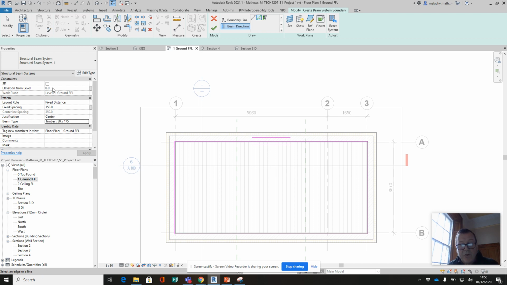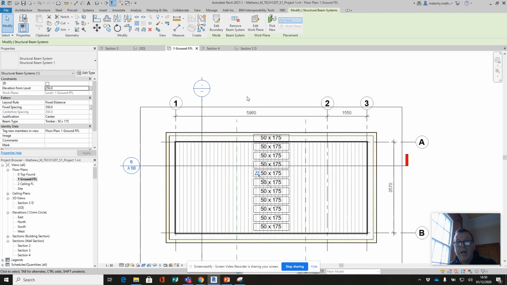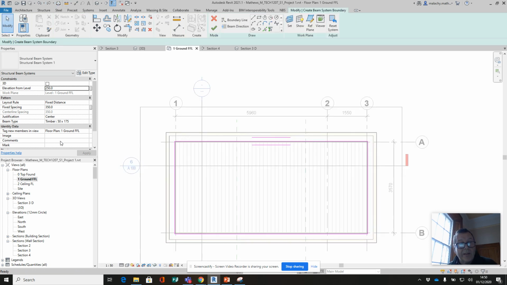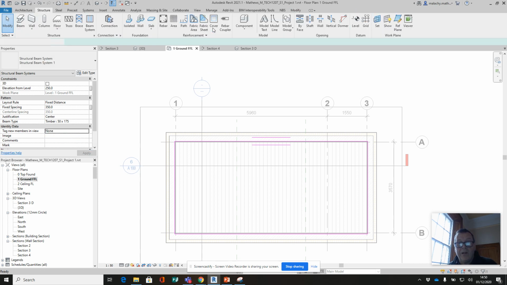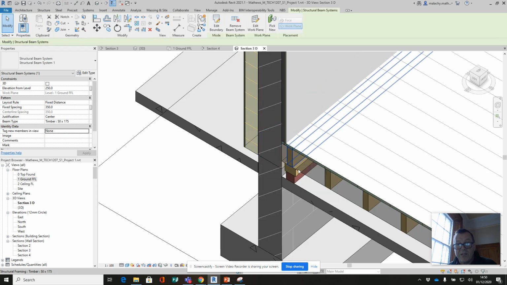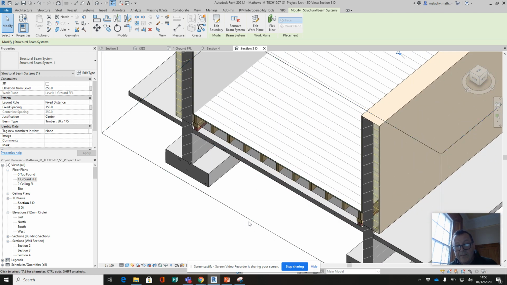Now we talked about the distance up off the ground, and we said that the elevation from the level was going to be 250. So that's to the top of the joist working downwards. All right, 250. And now we'll finish that. Okay. I always make this mistake. These are called tags. We don't want those. So I'm just going to do a one undo. And here under identity data it says tag new members, and we're going to hit the drop down box here and say none. Now I'll hit that right into my sectional 3D,